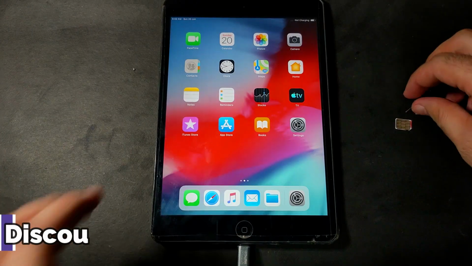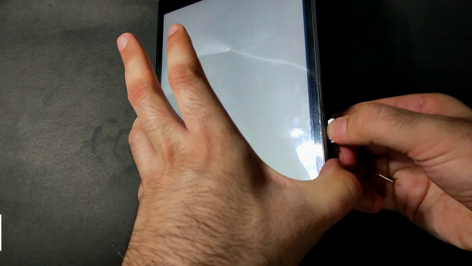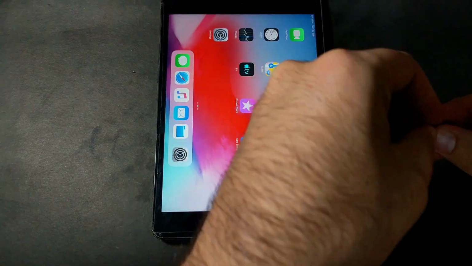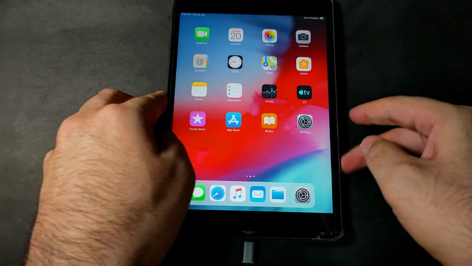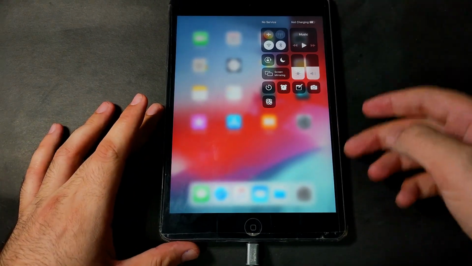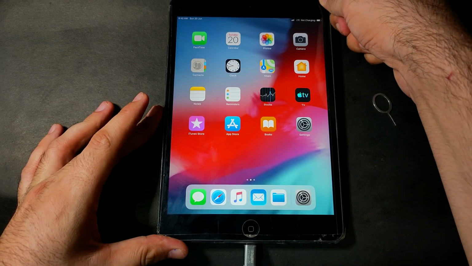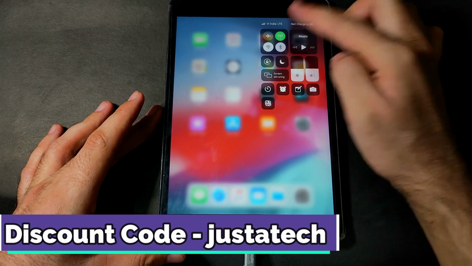As you can see, the device is completely on again. Now let me insert the SIM and show you that the data connection is working on this iPad. And if you have different iPhone models or iPads that are capable of the calling function, you can use the calling function also. I have an old iPad mini 2, and now I have inserted the SIM. If the SIM is not read the first time, you just have to reboot it and it will show, so that the network operator settings will be refreshed.